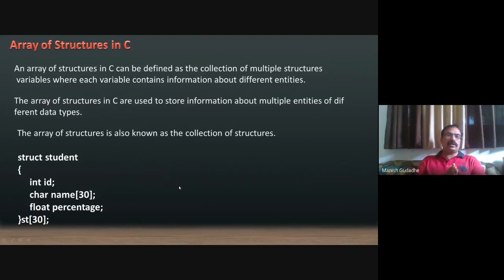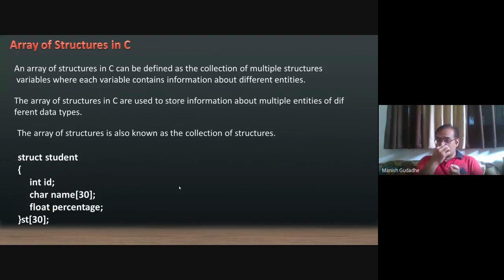Now coming to this part, an array of structure. As we can declare an array of integer, float, or character, we can also declare an array of structure. An array of structure in C can be defined as a collection of multiple structure variables where each variable contains information about different entities.